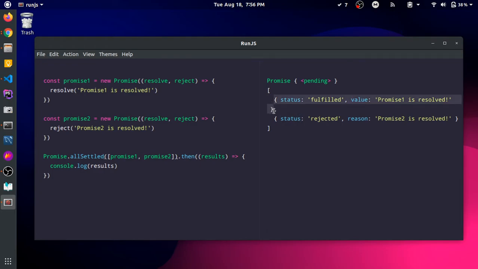So we can use the status of both of these promises. For the first promise the status is fulfilled, and for the second promise the status is rejected, and along with that we have also got the value of the fulfilled promise and the reason of the rejected promise over here.